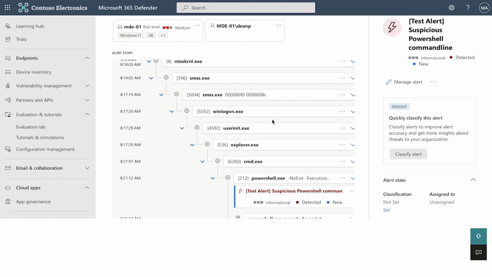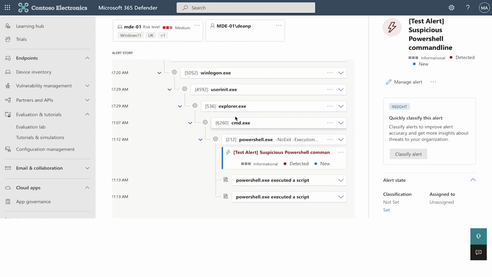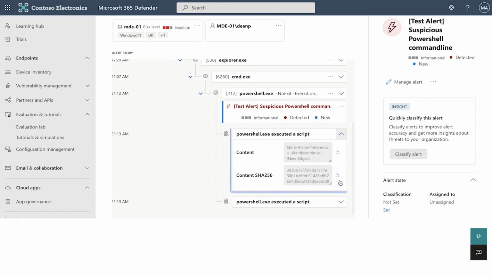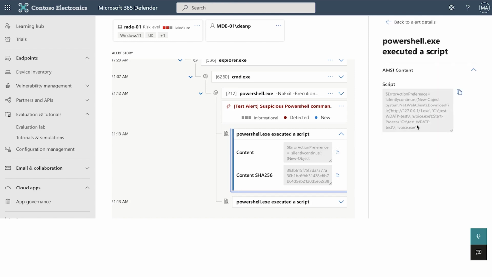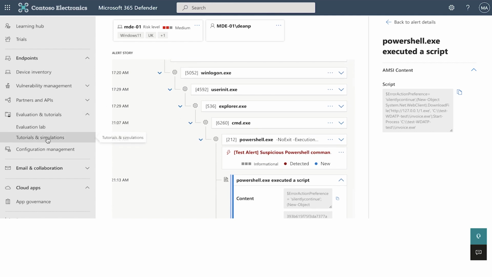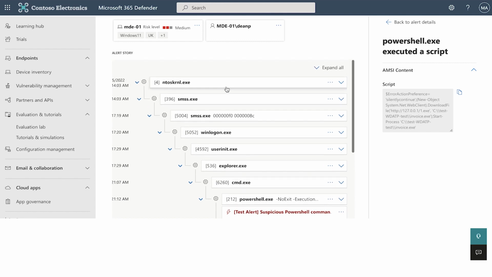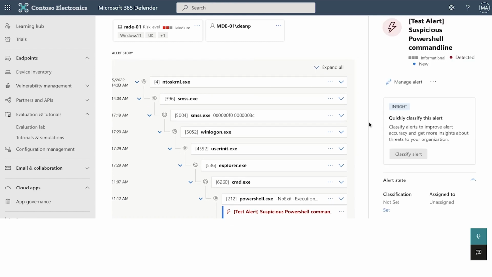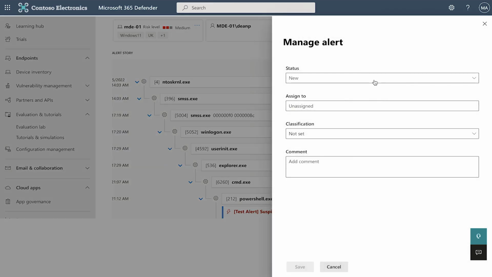the machine that we were logged into, and most importantly, we'll see the process tree, and on the lightning bolt, the action that Defender felt was suspicious. And we can see here a script was executed. We can see the content of that script, and that's hopefully a good image of understanding how once a machine has been onboarded, you can go into the tutorials and simulations section, run one of the simulations or the tutorials on a machine, and see alerts being generated within your environment that can then be investigated, managed, and